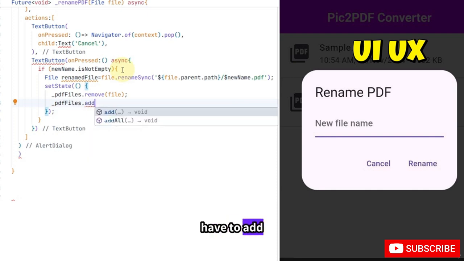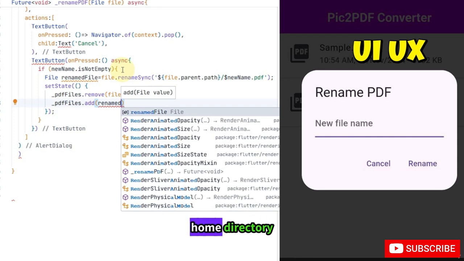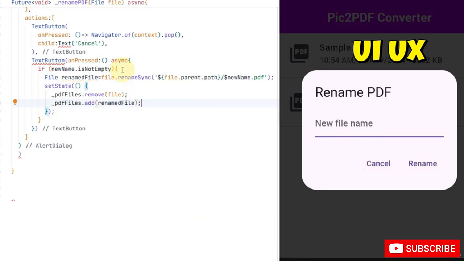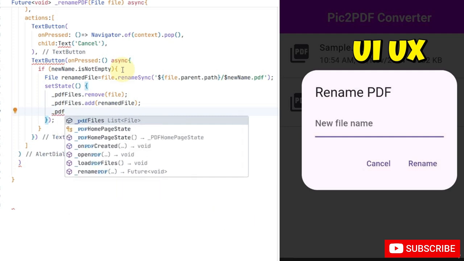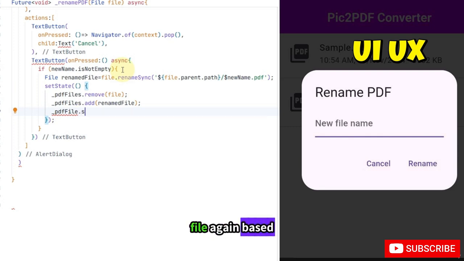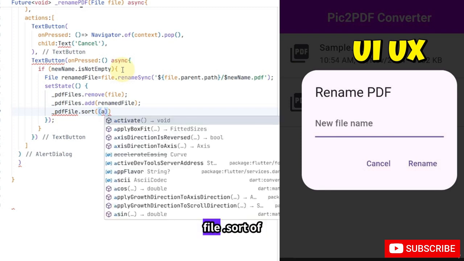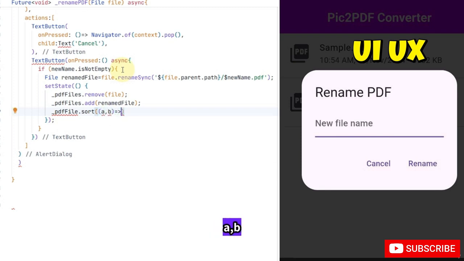And then you have to add the current renamed PDF into your home directory. You have to type add of renamed file. Also, you have to sort the file again based on the renamed file. You have to type PDF file dot sort of A, B,